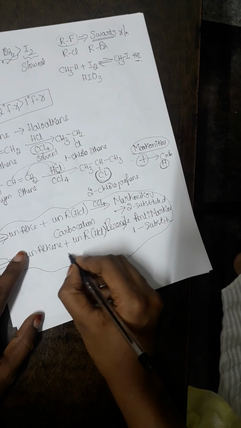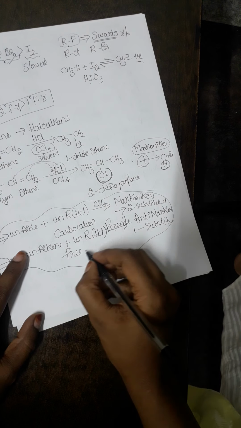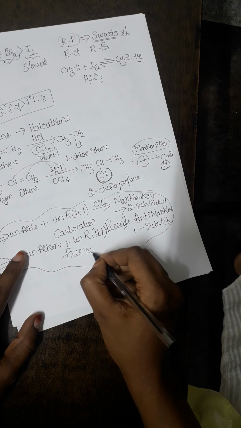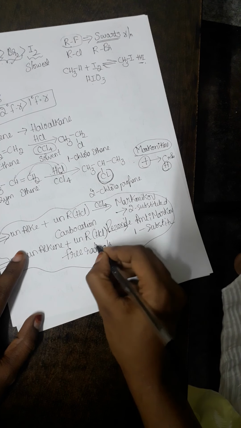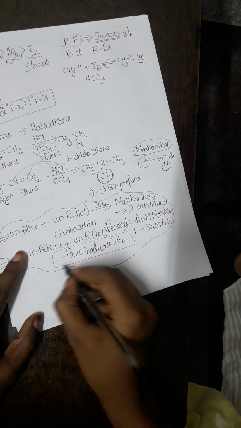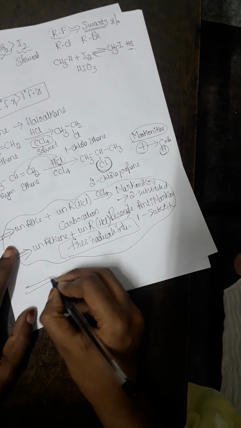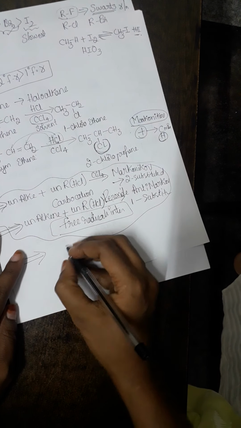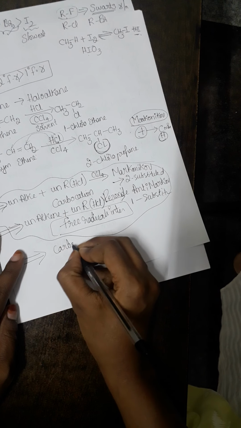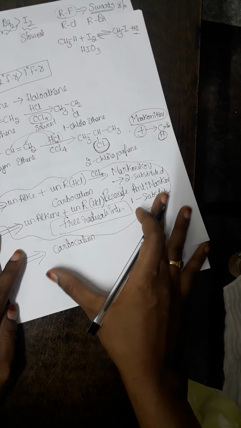And do remember, this point is very, very important. Whenever we have an anti-Markovnikov addition, of course, we will have free radicals as an intermediate. Got my point? So you will have free radicals as an intermediate formation. Last extra information for your NEET exam, do remember, wherever a carbocation is formed as an